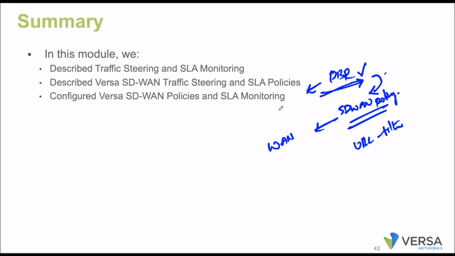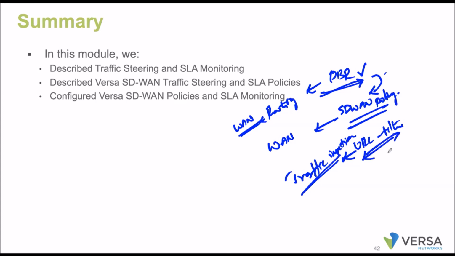The SD-WAN policies are to select the WAN transport, and the PBR is to do the routing. You can make use of any of the WAN transport selections. URL filtering is nothing but traffic inspection. For certain categories, if you are interested in permitting or dropping them, how can you do it? With the help of URL filtering.